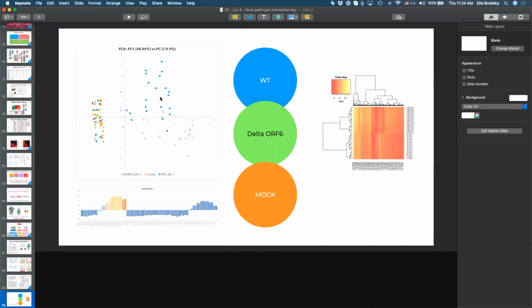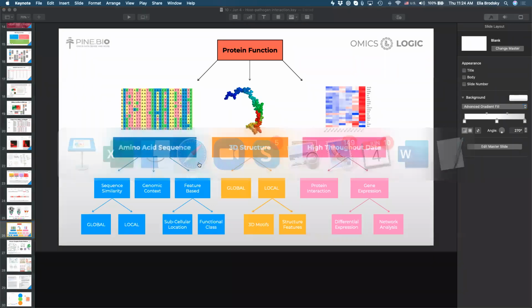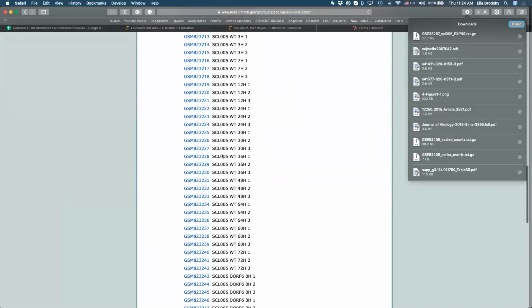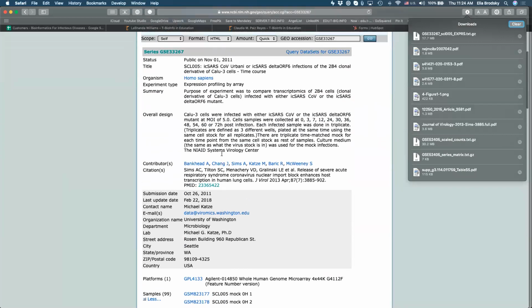So what does this method allow us to do? It allows us to study the protein function using high throughput data. Okay, so you cannot actually use DAVID to do this. You have to find the specific panel that they used, the specific array. So you have to find